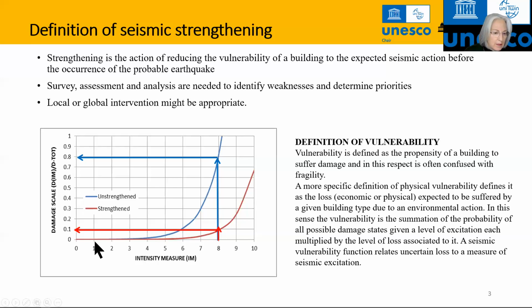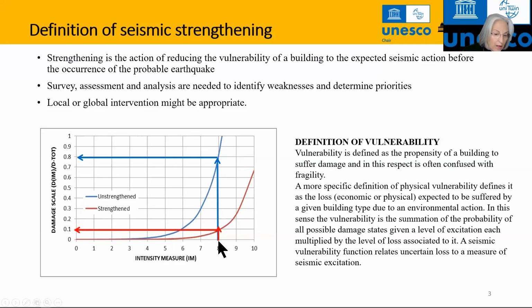So we can see in red the strengthened curve, and in blue the unstrengthened curve. And if we consider an intensity measure equal to 8, which for instance is on the Modified Mercalli intensity scale, so without even getting into the concept of peak ground acceleration or the analytical approaches to determine vulnerability, we can see